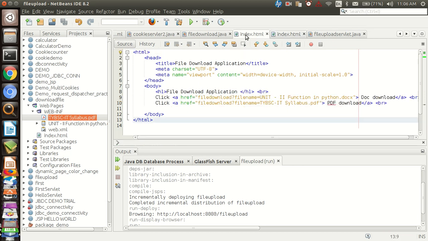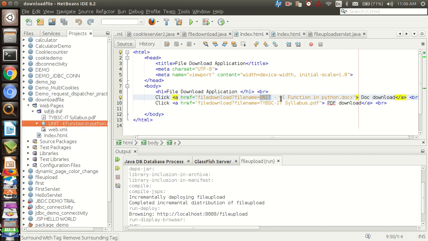Here, in this index.html file, it is file download. So file download is a servlet file name. In this we need filename equal to, what is the name of this file? That is the document file, unit 2 function in Python, as it is we need to write, with the extension docx, and which link the user clicks, so doc download is the name of a hyperlink.